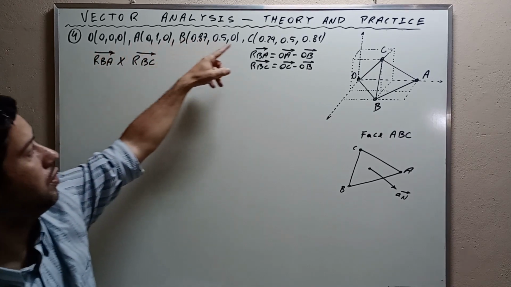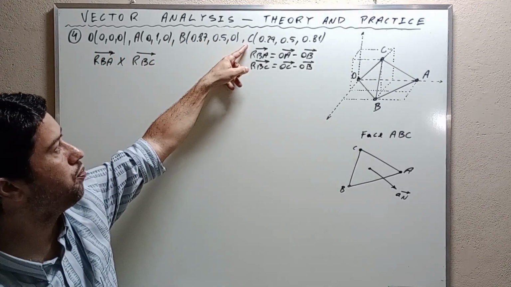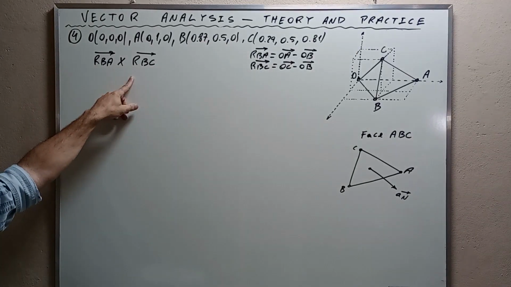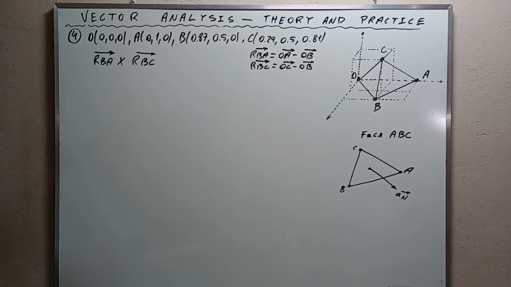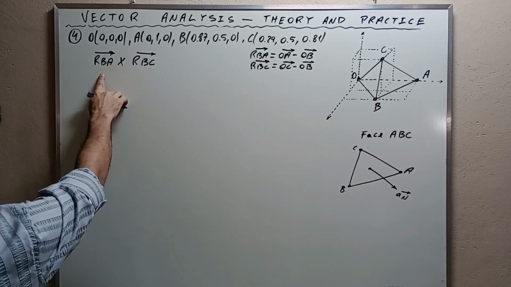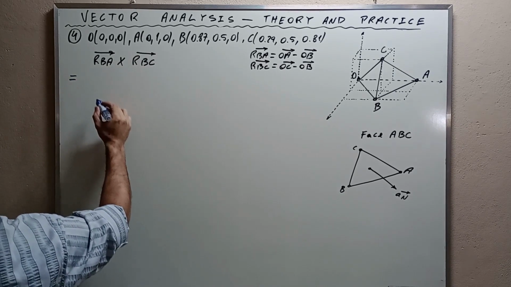OC is going to be from the origin to C and OB from the origin to B. And in this way you find R_BC. Alright? And if you carry out the cross product using Cartesian coordinates or Cartesian unit vectors AX, AY, and AZ, you're going to find that R_BA in a cross product with R_BC is